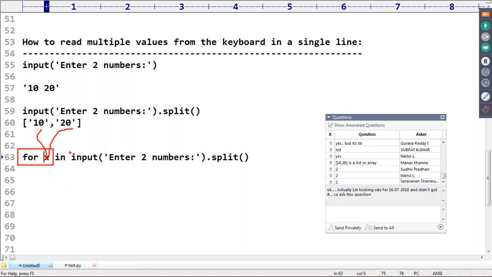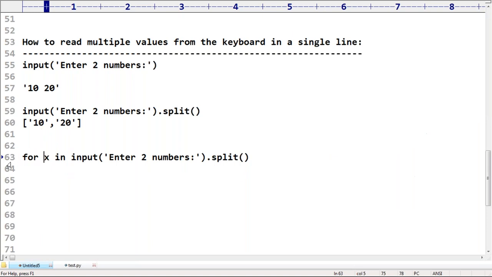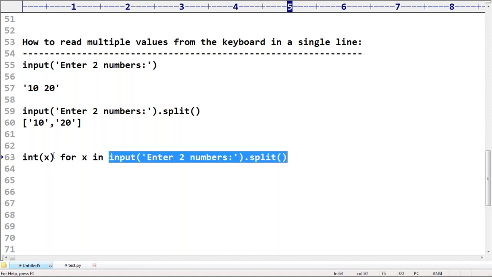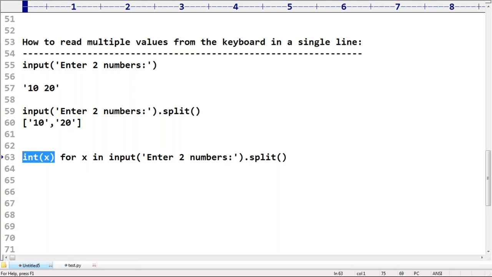For every x value in this, which operation do you want to do? Typecast into int type, int of x, int of x. So for each x in this input, typecast that x into int type. Okay, convert into int type. Now the total thing is a list internally. That's why a comma b is equal to